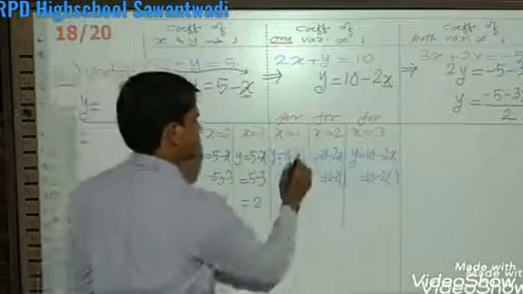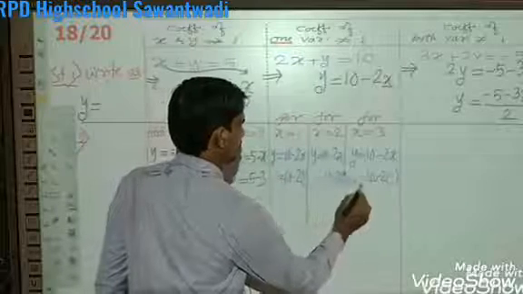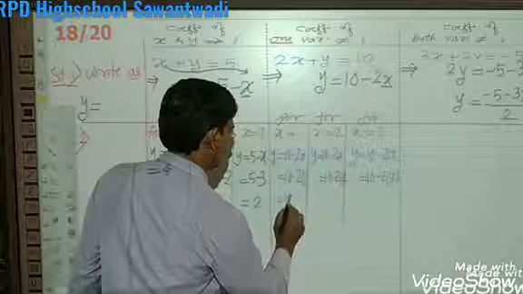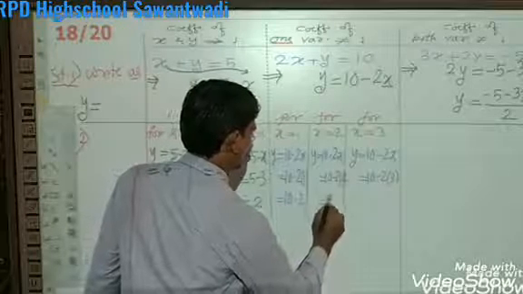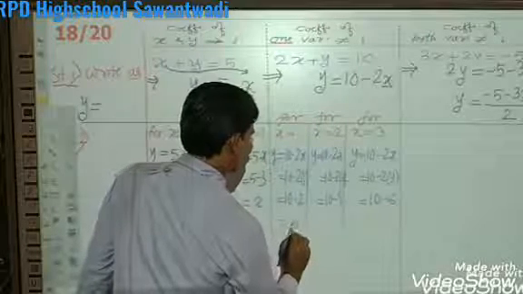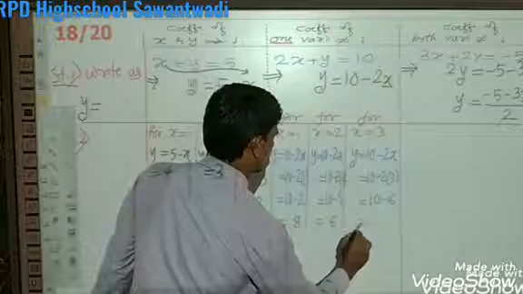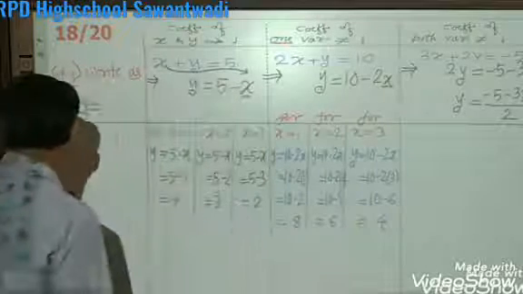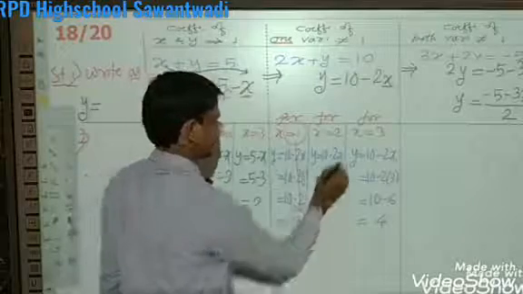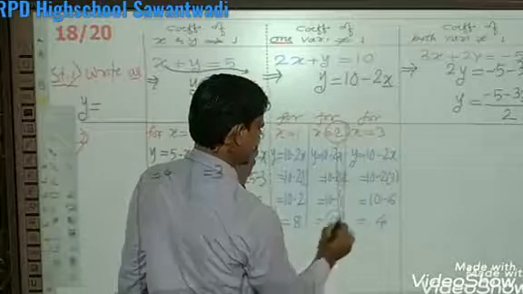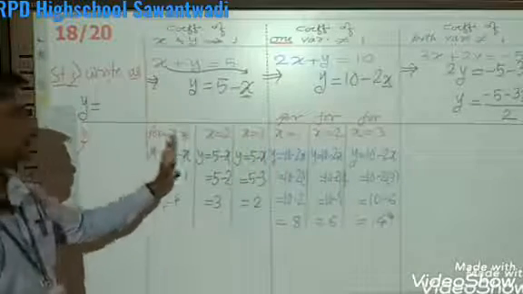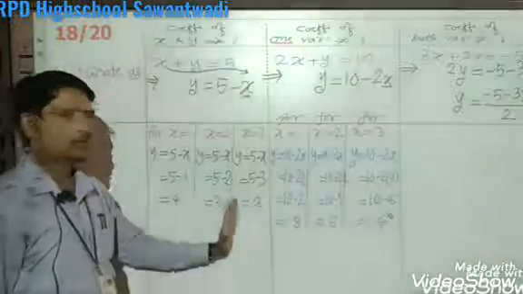So what's the value of x we said here? Here it is 1, here it is 2 and here it is 3. And see what's the result? 10 minus 2, 10 minus 4 and here 10 minus 6. Final result is 8, 6, 4. So what am I getting here? For the first value of x, I received value of y as 8. Second value I received 6 and third value I received 4.